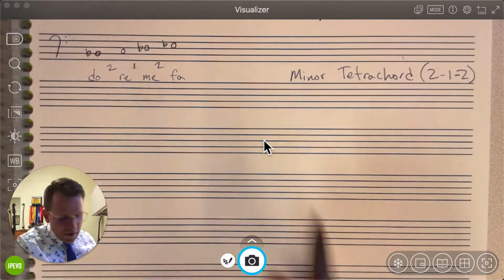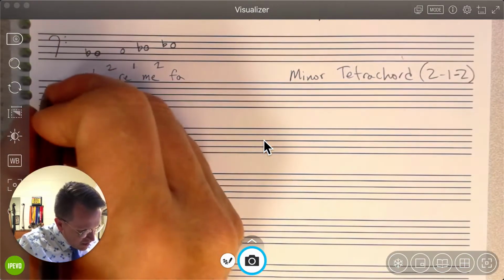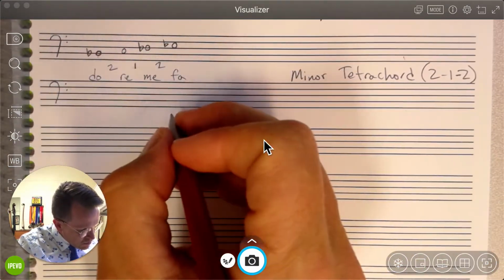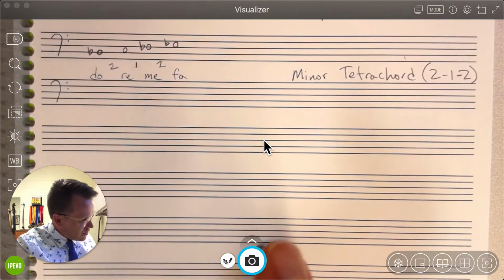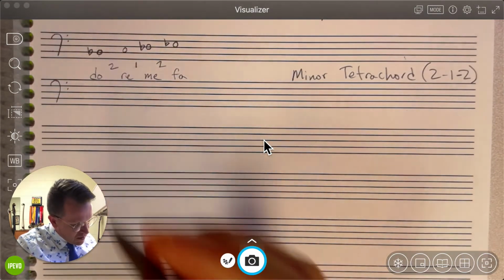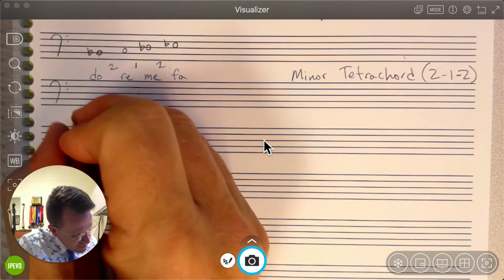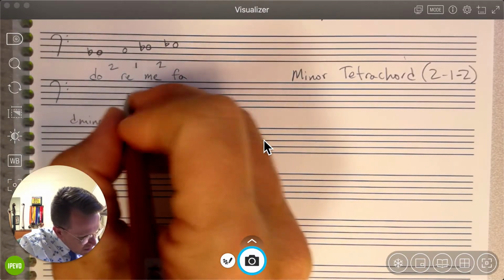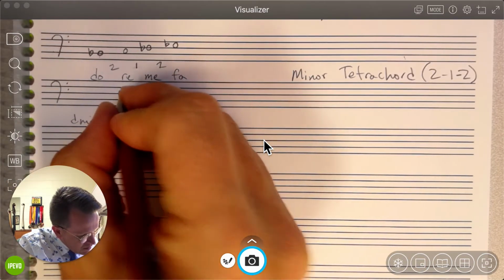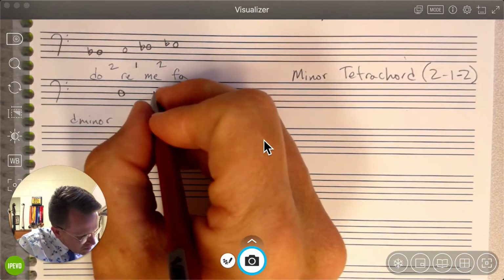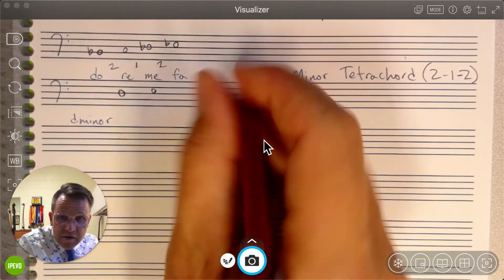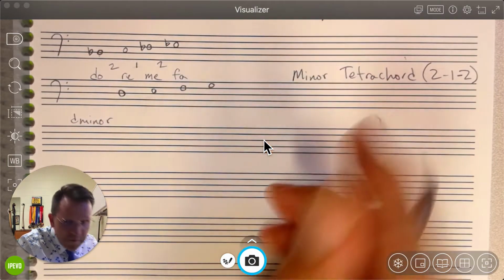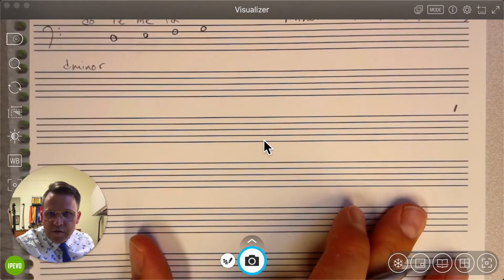Let's go ahead and make a couple other ones. Now I did that one in bass clef. I'll stay in bass clef here for a minute. Maybe we'll do some in treble clef in a moment as well. But let's pick one. And I'm going to pick D minor, okay? So I will start on D, and just like I did when I was making my major tetrachords, it's important that I notate this with consecutive pitches the whole way, okay? I'm going to scoot this up a little bit so you just see those.